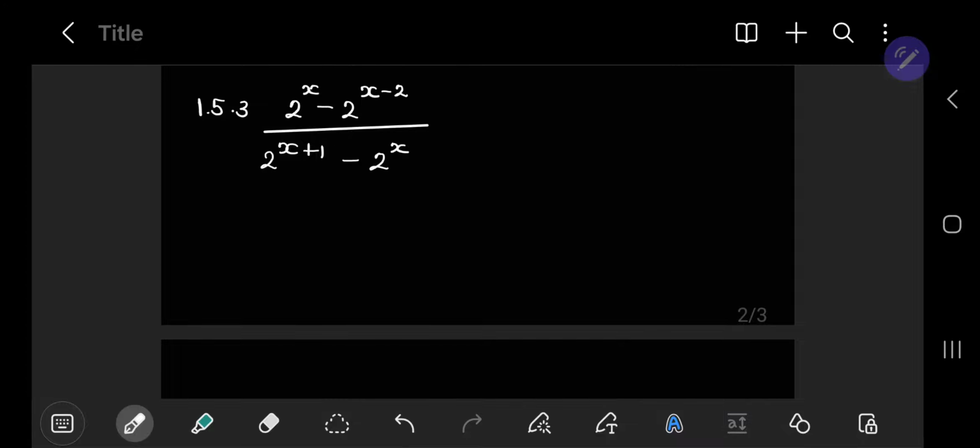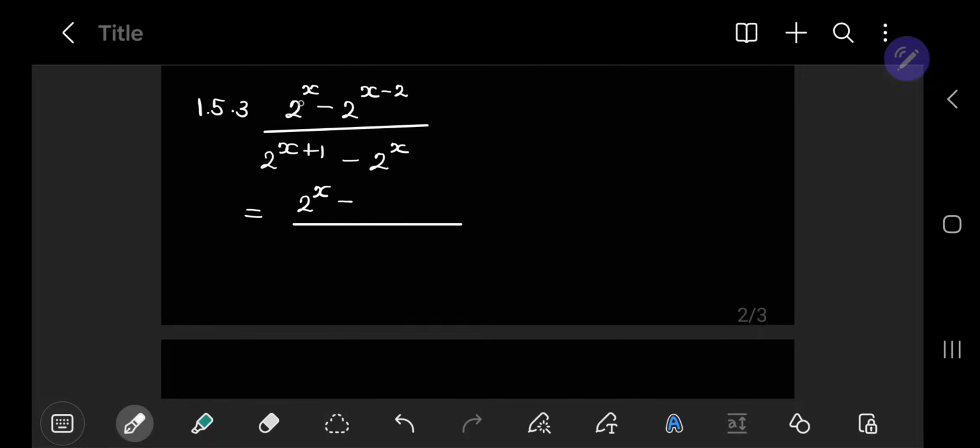Now, whenever we have x as the exponent, the first step is to always make sure that all of your bases are products of prime numbers, which it actually is here, right? 2 is a prime number. The next thing we do is, if we have a base that has more than one exponent on it, we split up the exponents. So in our numerator,